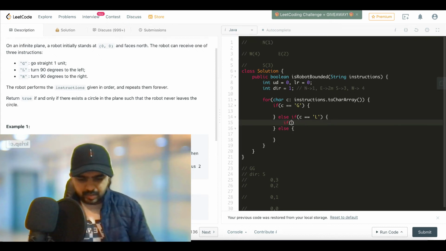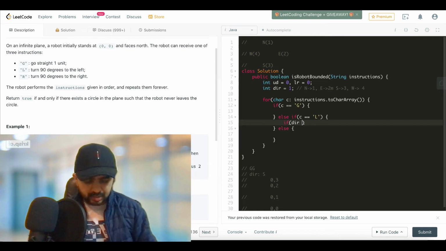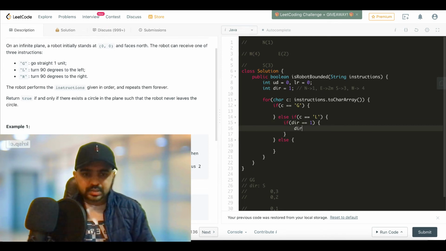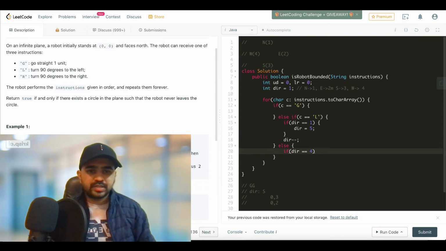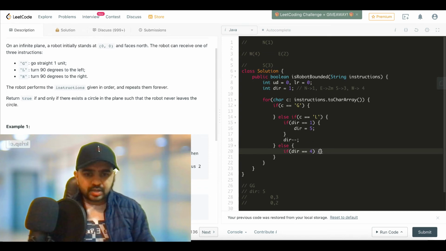So we can just simply do this. If dir equals 1, then let's assign dir as 5 because we are going to decrement it. Just to make it consistent, I'm doing this. And in the same way, if dir is 4, that is we are facing west, we can't just increment it.